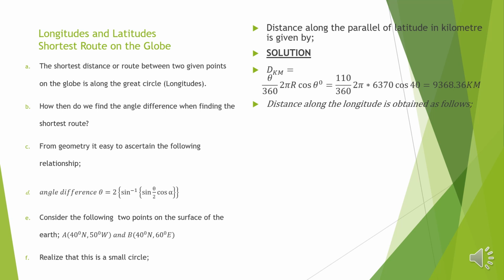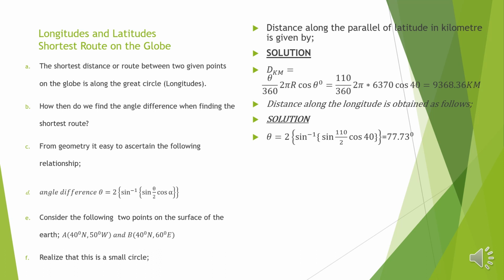In the same way, distance along the longitude is obtained as follows. Remember that this is already a small circle and we need to get the angle difference on a great circle. So I'm using this formula to convert the angle difference of the small circle to the angle difference of a great circle. So I'll use twice the sine inverse of sine 110 over 2 times cos 40. Remember, 110 is the angle difference from the small circle, and cos 40, where 40 is the angle of latitude. And by using your calculator, it gives you